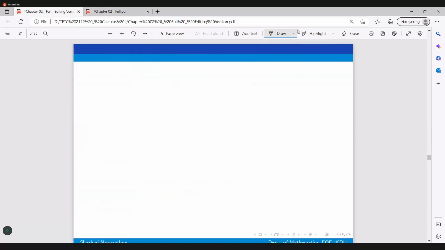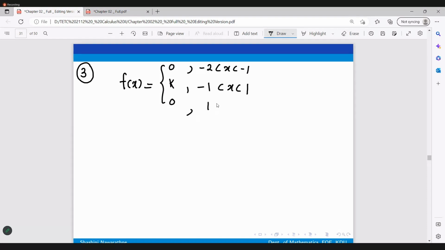So we are doing this example number 3. The function is defined as f of x equals 0, k, 0, for x in minus 2 to minus 1, minus 1 to 1, and 1 to 2. So the first thing that we need to do is draw